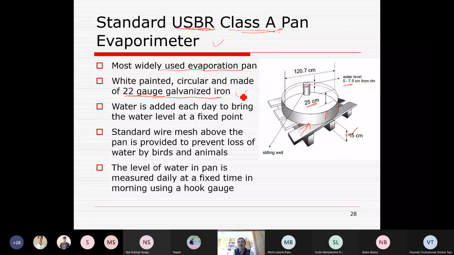A standard wire mesh above the pan is provided to prevent loss of water by birds and any animal. The level of water in the pan is measured daily at a fixed time. Suppose 8 o'clock in the morning every day, it is measured how much amount it has lost in the last 24 hours. So 8 a.m. to 8 a.m. or any time, there is a standard timing as well for these measurements. So measurement at a daily time in the morning,